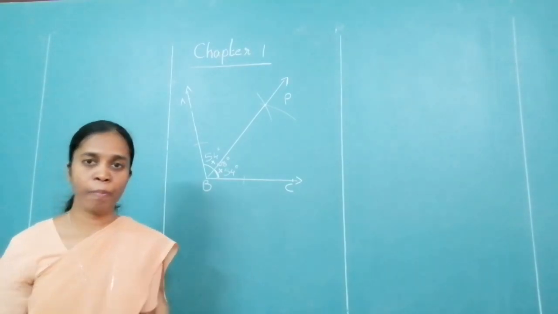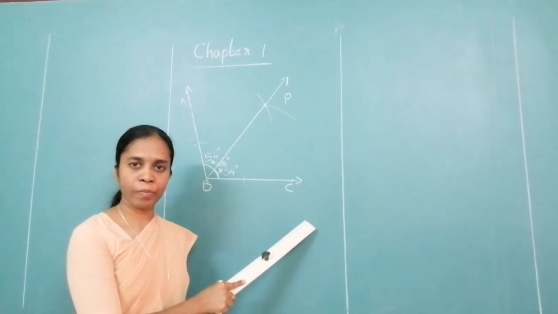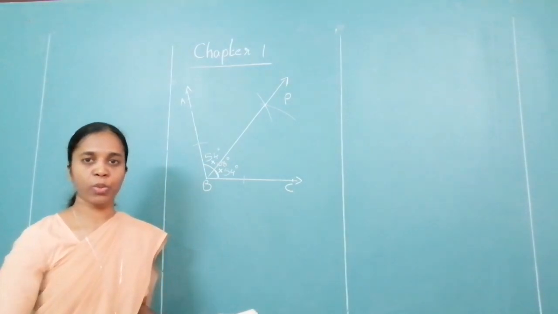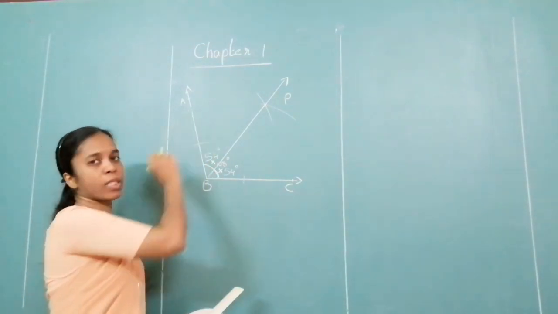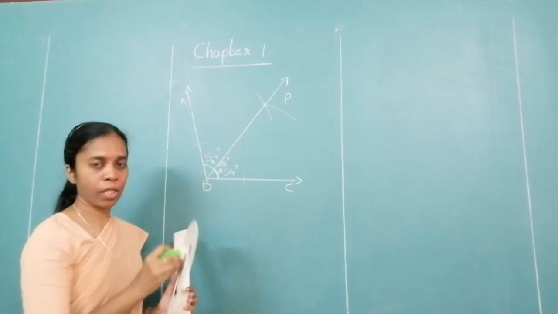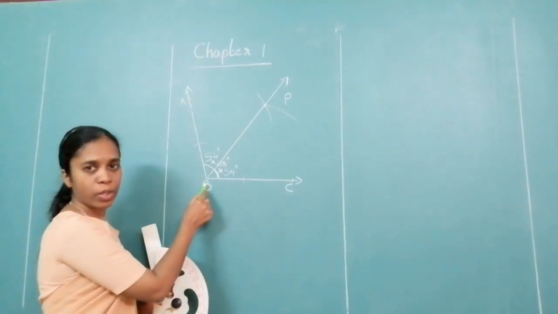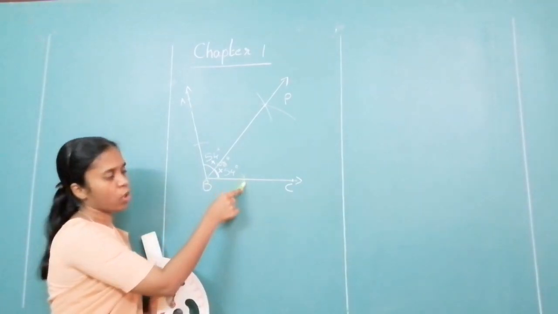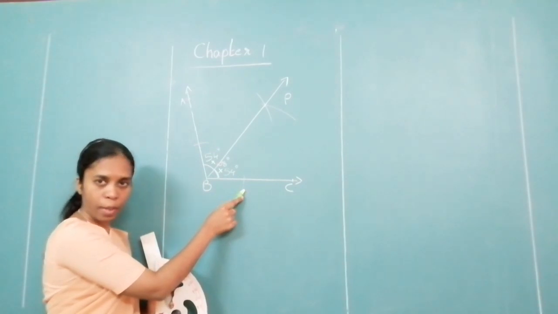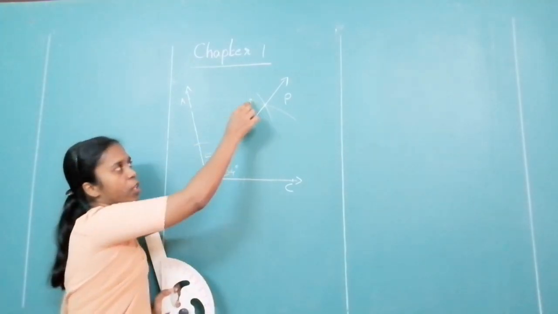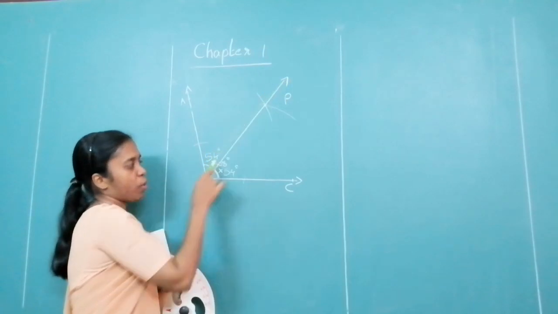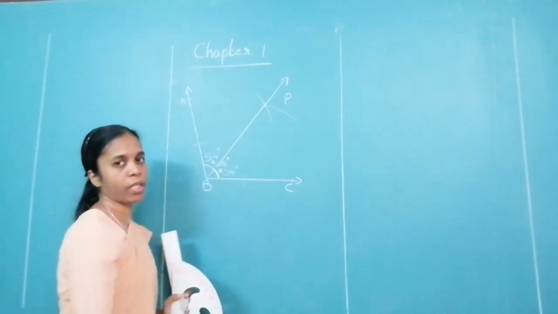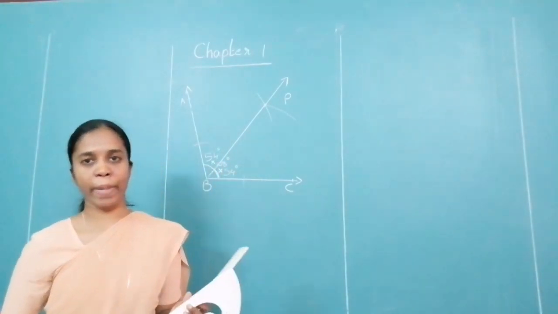Let us revise the steps. First, draw the base. Then, whichever angle is given to you, whichever measure is given to you, take that measure with the help of a protractor, mark it, join that, so you get an angle. Keep the compass point over here at the vertex, draw the arcs on both the arms. From these arcs again you draw whichever is the intersecting point, join to the vertex, and then you will be getting the angle bisector. Measure and see whether you get it as an angle bisector. Okay.